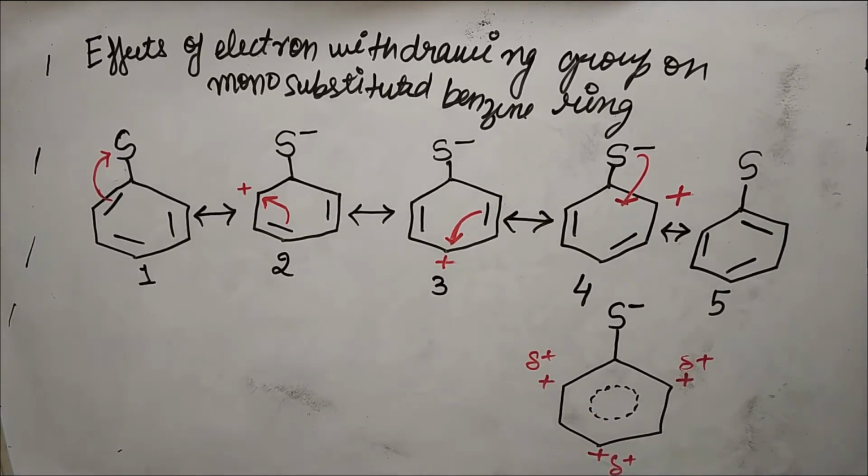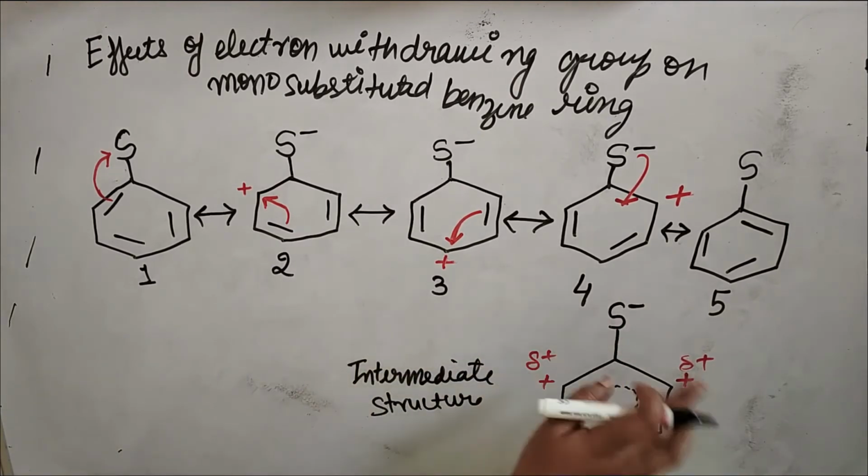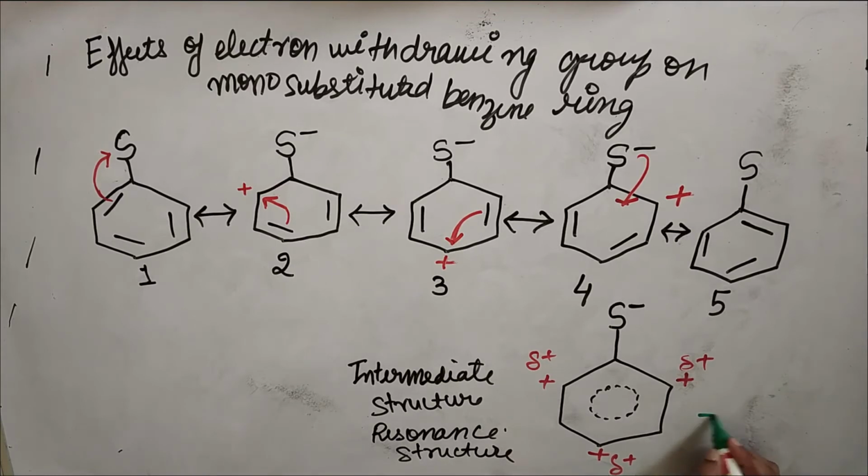So this is the resonating or intermediate structure. If we combine all these 1, 2, 3, 4 and 5th structures, this intermediate structure will form. This is the resonance structure of benzene. Now the question arises: if any electrophile group attacks or has to substitute, where will it